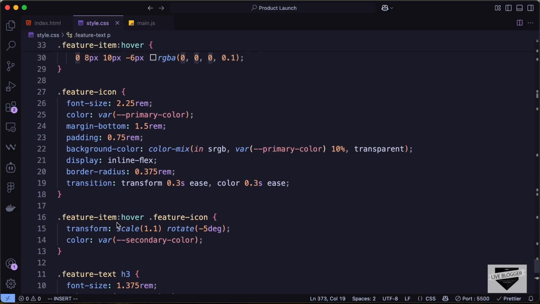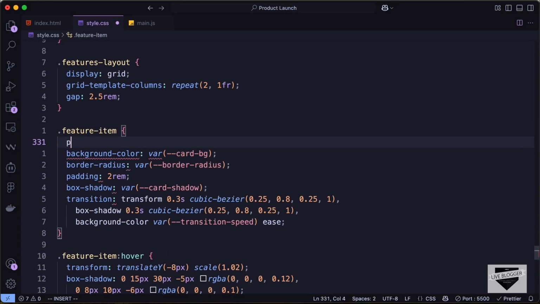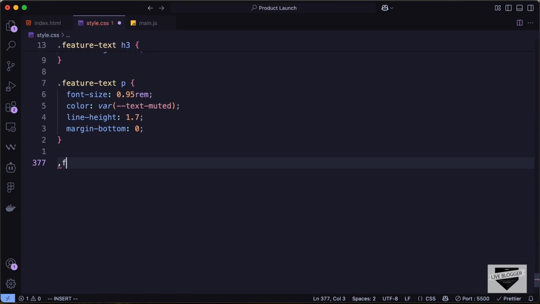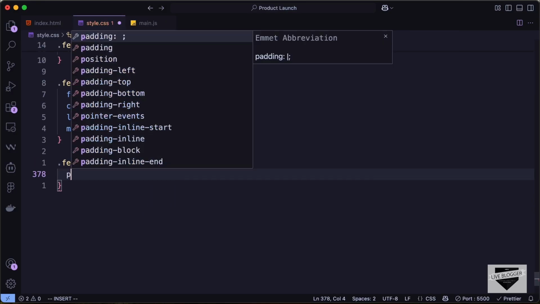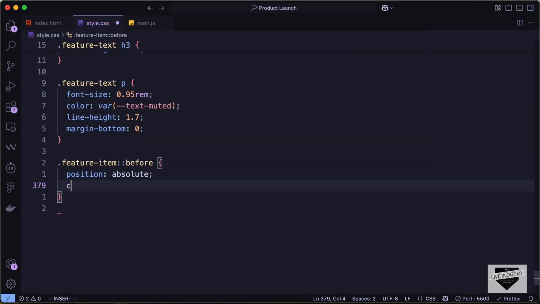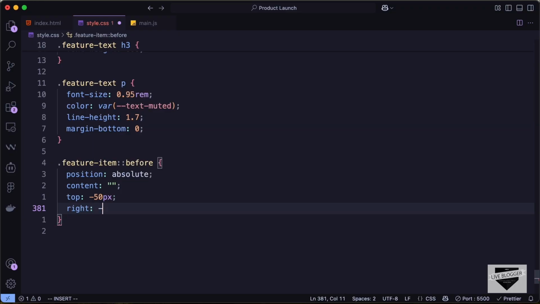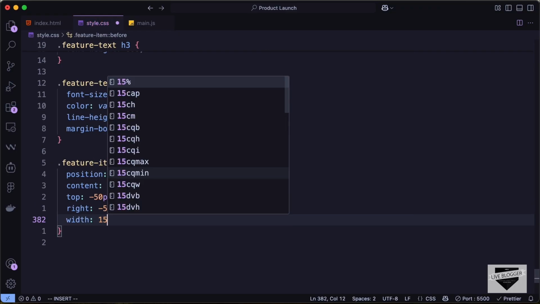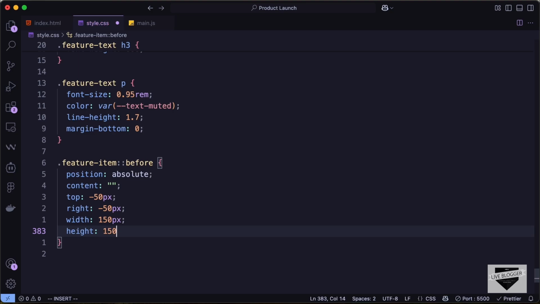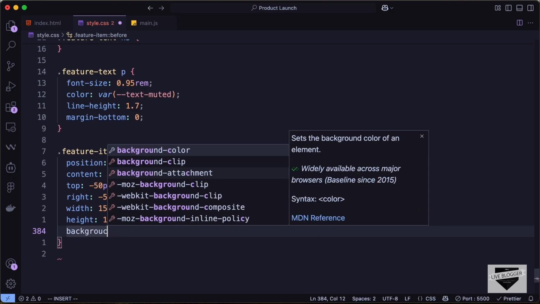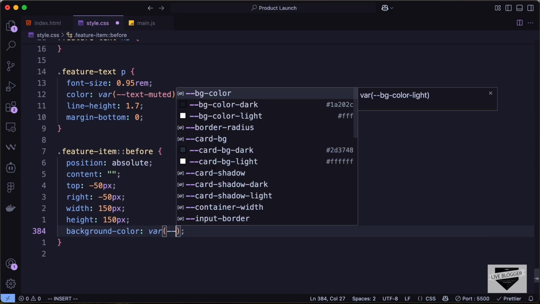So here for the feature item, let's set the position to relative, and let's scroll down, and here let's type feature item colon before. Let's set the position to absolute. Let's set the content to blank, and let's set the top position to negative 50 pixels, and let's set the right position to negative 50 pixels. Let's set the width to 150 pixels, and let's set the height to 150 pixels as well. Let's add a background color of var primary color,